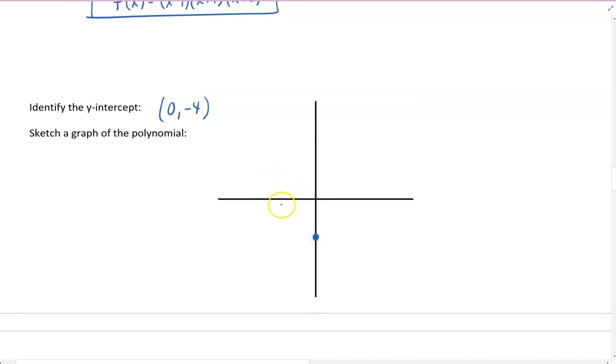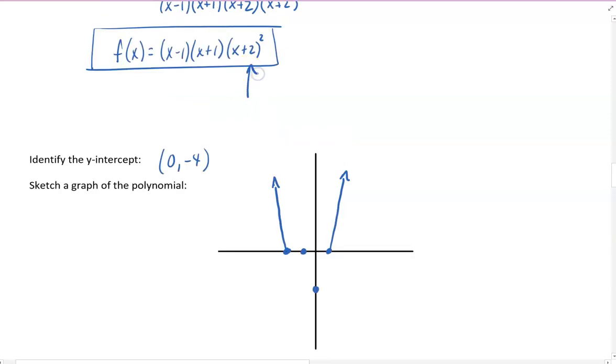We have a 0 at negative 2, a 0 at negative 1, and a 0 at positive 1. Because this is a positive leading coefficient with an even degree, we know both tails are pointing up in this case. And because of the multiplicity at this 0, I know that the graph is going to touch this x-axis and